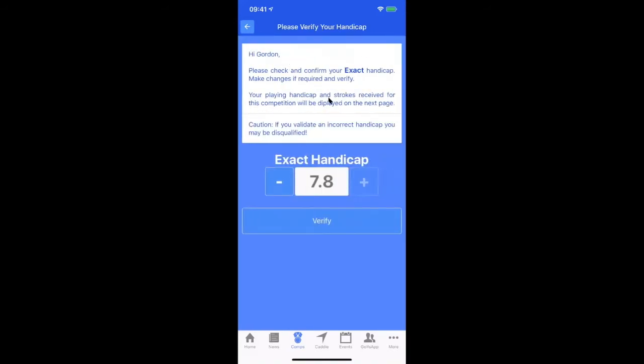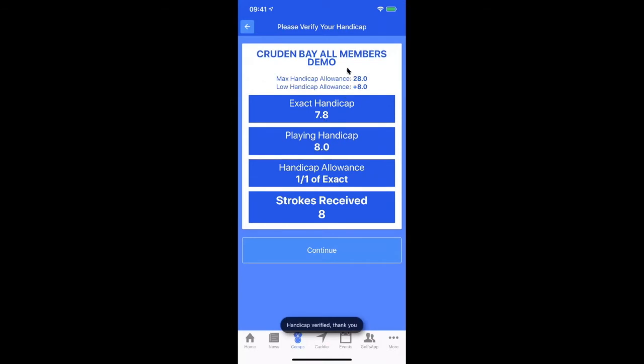There's also a requirement in Congu that you need to verify your handicap. Maybe I've just played an away game and I've been cut 0.2, so I can adjust down to 0.2 at this point, or I can leave it at 7.8 to make sure that I beat David. If I hit verify, it will then calculate, we're on the white tees, full handicap, I'm getting 8 shots. This would also give you an indication of what will happen in the World Handicap System. It'll do all the calculations for you and tell you how many shots you get based on the slope rating and course rating and the tee colours that you're playing. So that'll be quite handy to see the strokes being calculated automatically on the app. And then obviously continue,